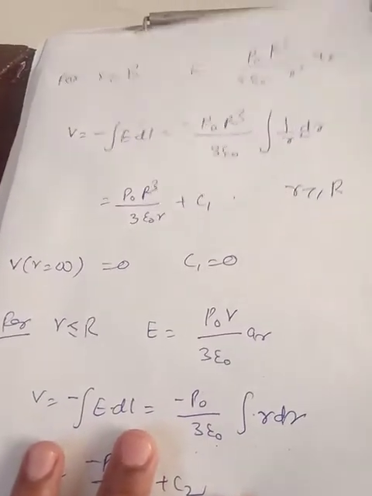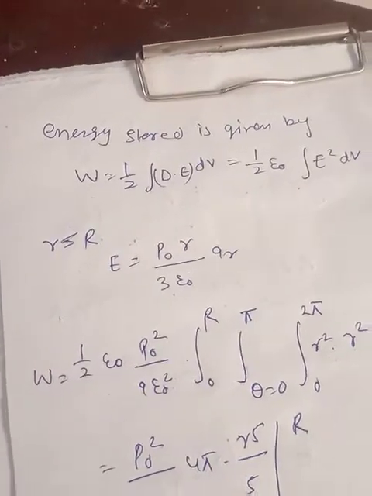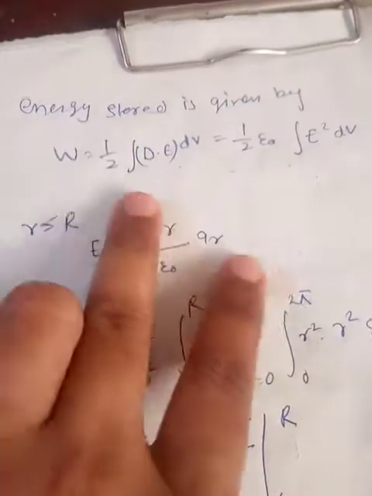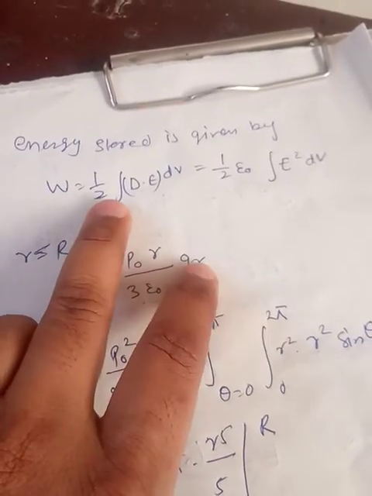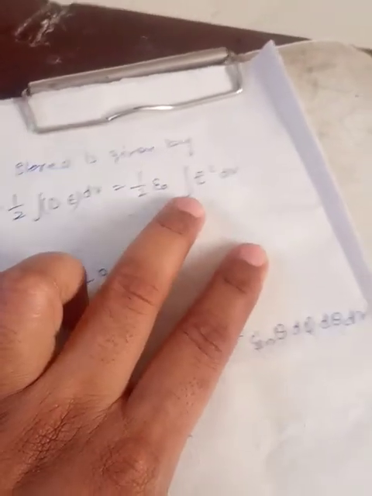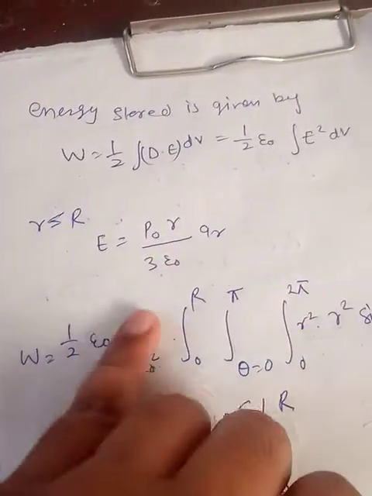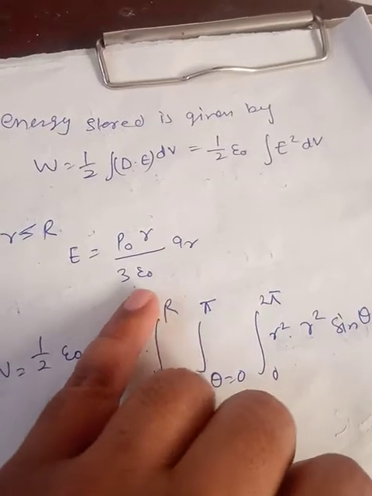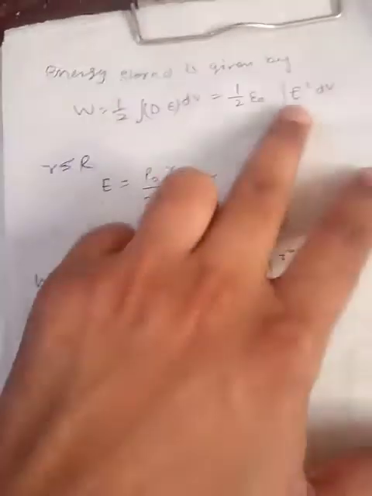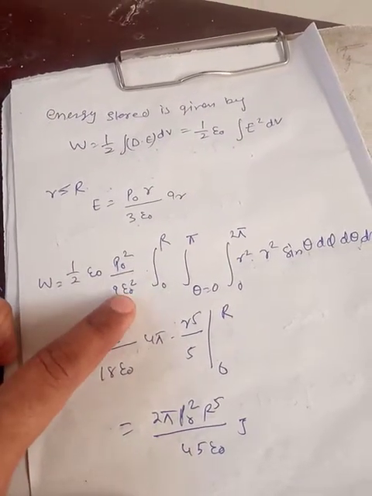Now we will calculate the energy densities in the same region for both cases. If you want to calculate the total energy stored in a given region, as we have derived, W equals 1 by 2 integral of D dot E dV, which can be further written as 1 by 2 epsilon 0 integral of E square dV. Now for this case E can be written as rho_0 r upon 3 epsilon 0 a_r, and if you put this value in the equation, we get 1 by 2 epsilon 0 times rho_0 square upon 9 epsilon 0 square